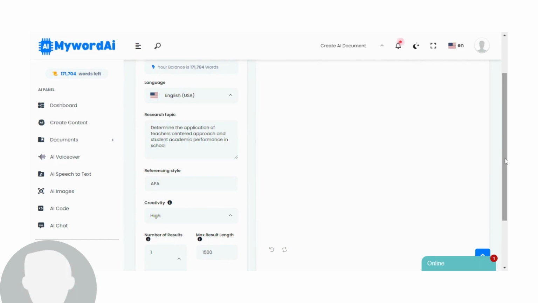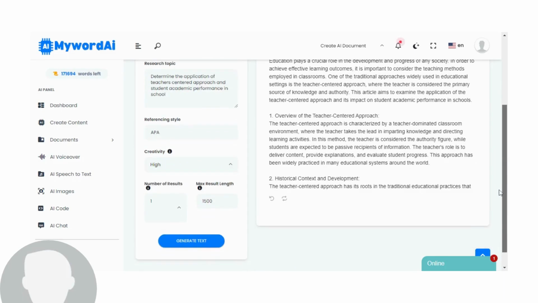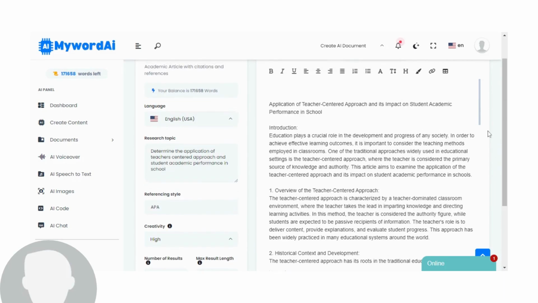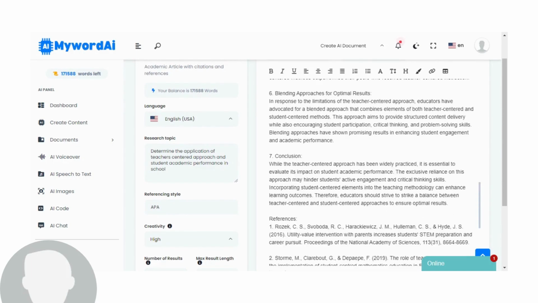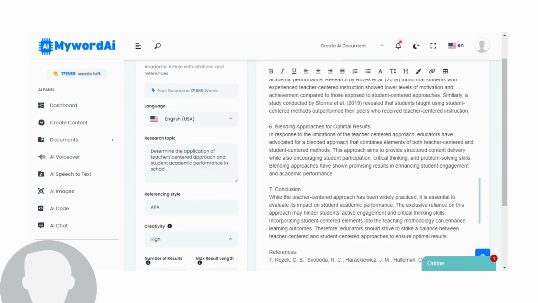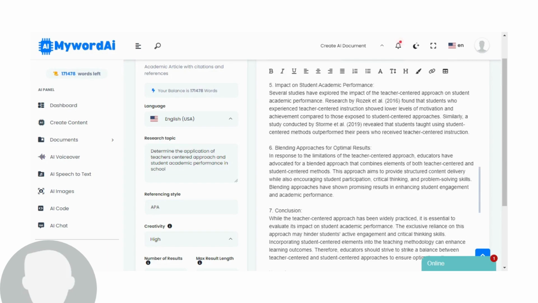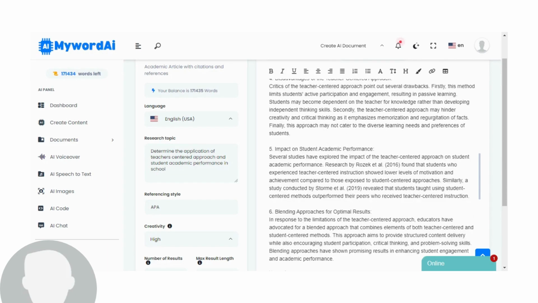Okay, almost. Okay. Oh wow, it's done. And here you have the article with your reference. So beautiful. And citations. You can see the citations there